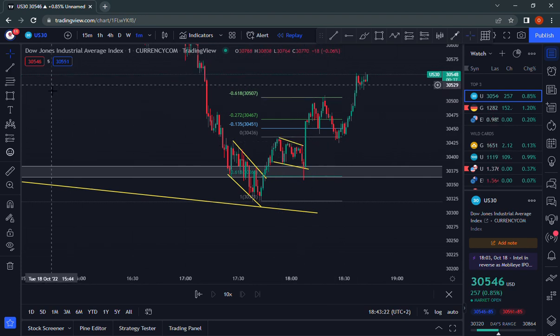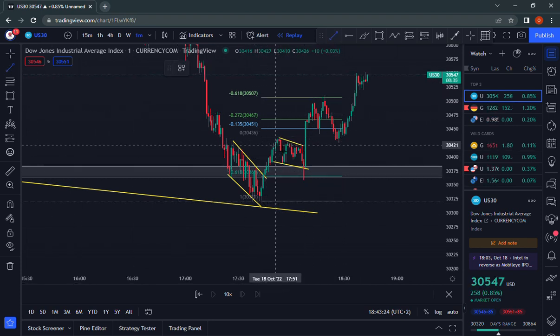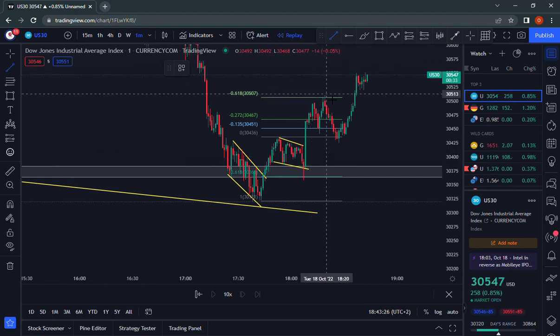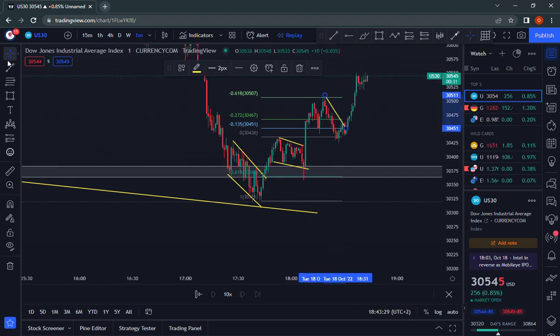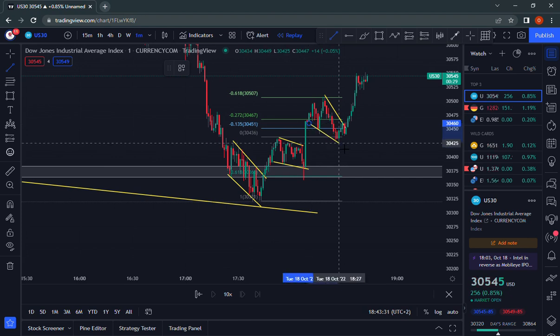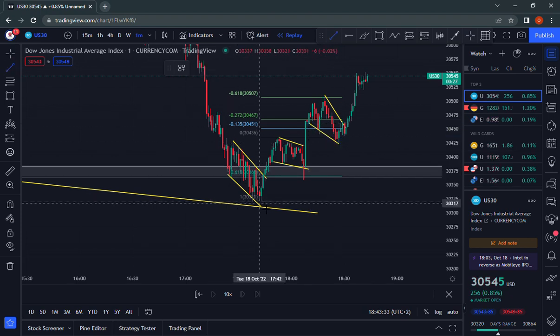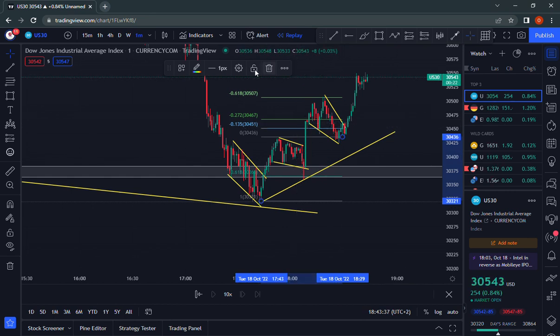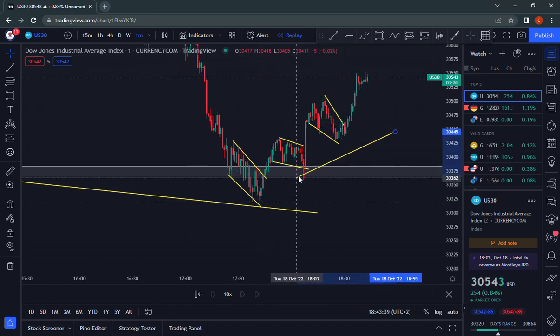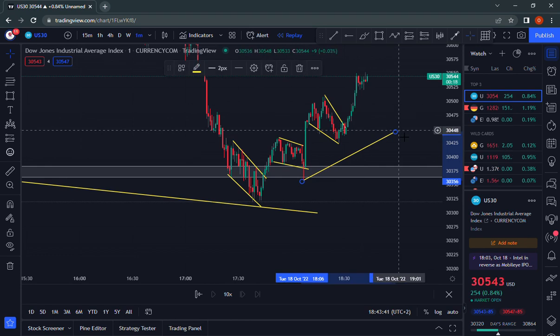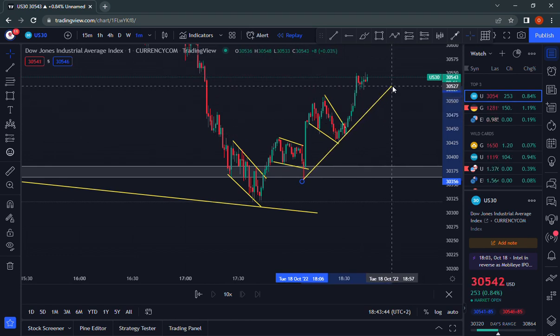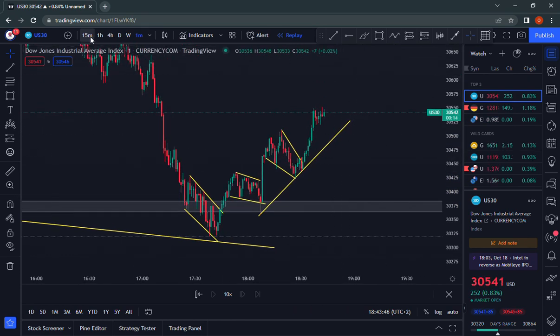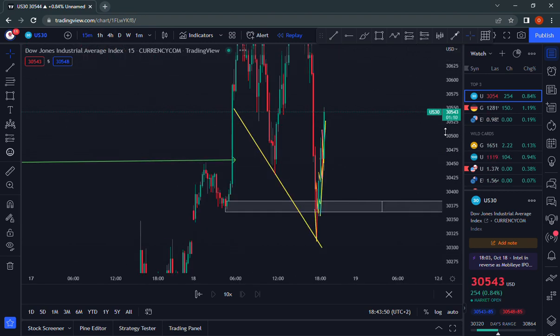This is correction. So we have impulse, correction, impulse now to 0.618, correction, and then now we are trending to the upside. So this was our trend line like this, and then now we have this trend line changing like this. So now if we go back to the 15, this is the 1 minute, remember. So now when we go back to the 15,